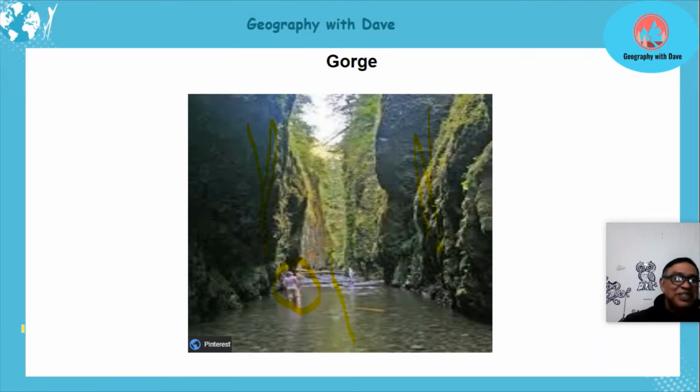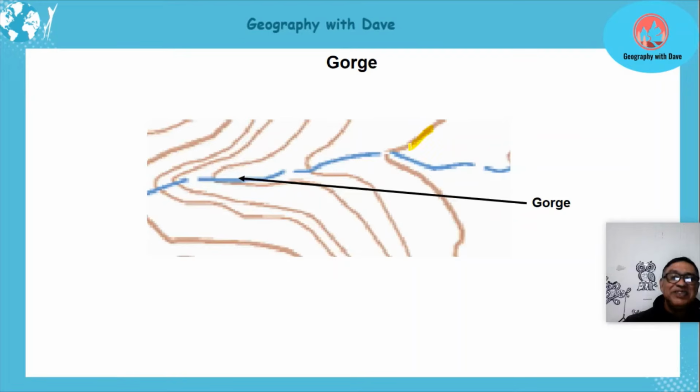Okay, that's your gorge. All right, let's look at it down here. Can you see? There's your steep areas getting steeper and steeper. And there's your river flowing through. This is how it would look on a topographic map. You may get a better one in your exams where it's clear, where it shows you even steeper gradients, but it's flowing through the hilly areas, your gorge itself. Okay, right, now let's go to the next feature,